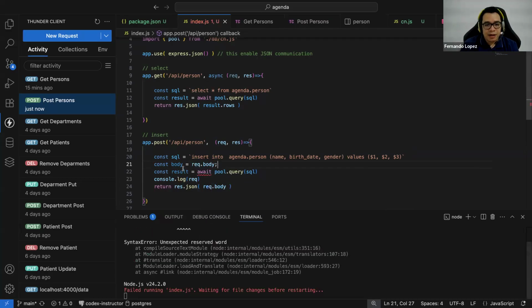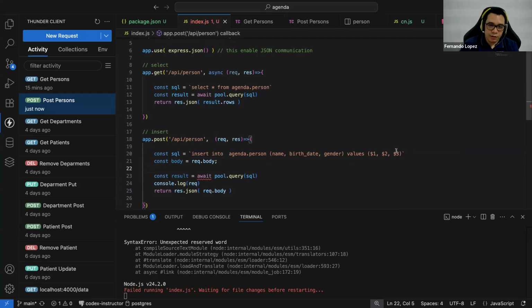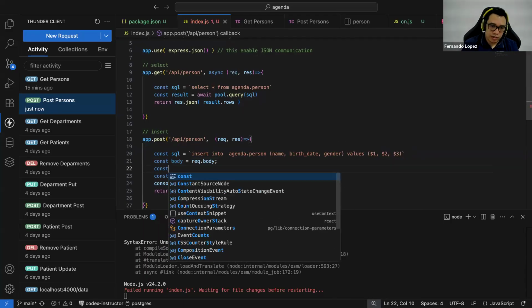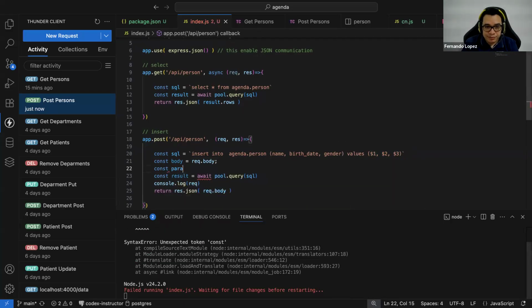Okay. Now we need an array of parameters. As I told you, we need to replace these parameters with the real data. So we need to create a parameter array. And the content of this parameter array will be the information of the columns.